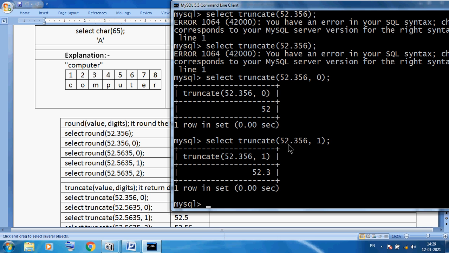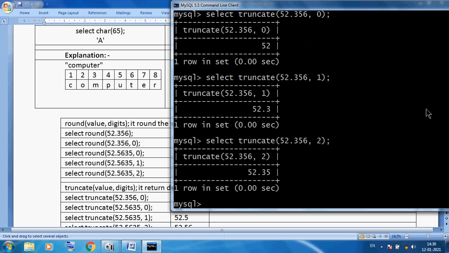It just selects how many decimal digits you want after the decimal point. Suppose here I am using 2, so truncate will give 52.35. Simply it will select 2 digits after the decimal point, as it is, and display them. Here I am using 3, so after the decimal point I want 3 digits, so it will simply select